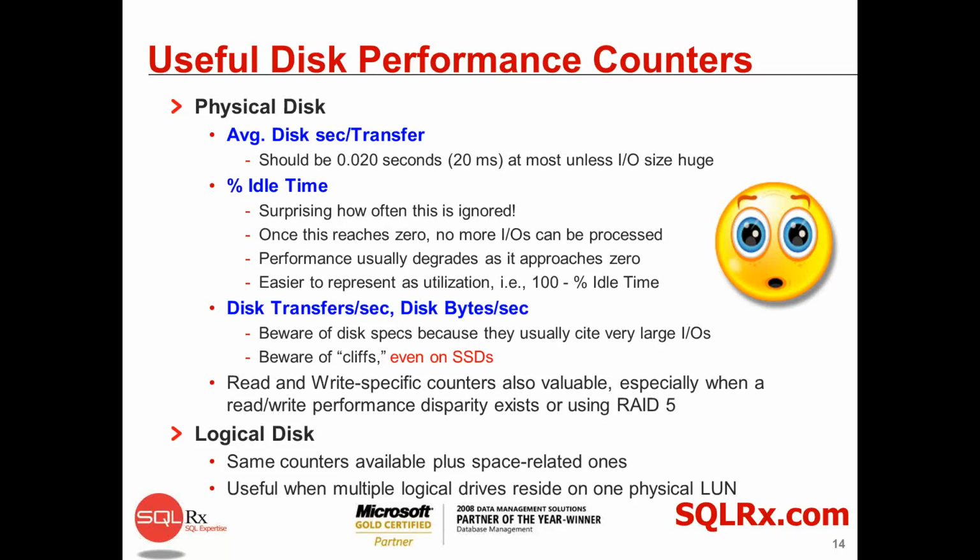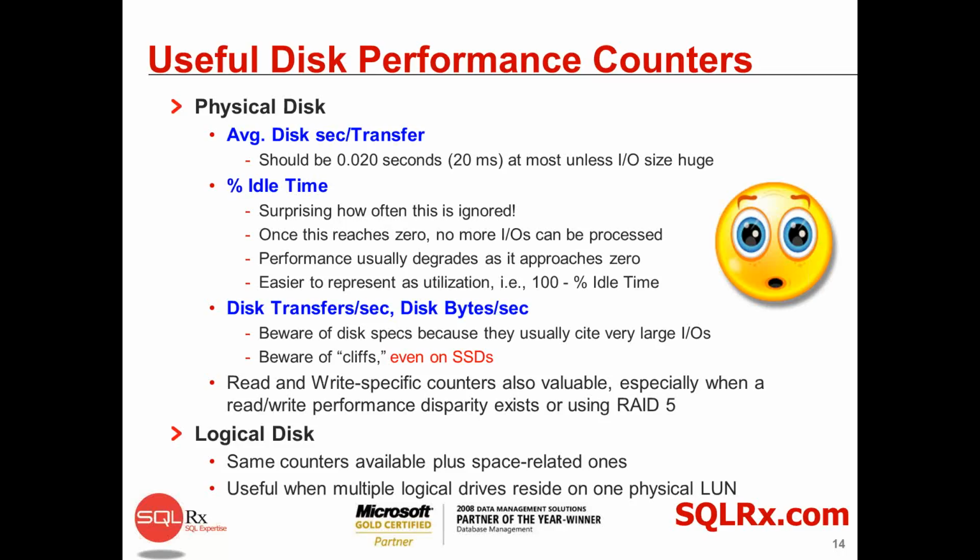Basically, I think of it more as 100% minus idle time, which gives you an actual utilization. Management understands utilization better than idle. So I typically do it saying how busy something is. Disk transfers and disk bytes can be very helpful because you have to be able to know what's going